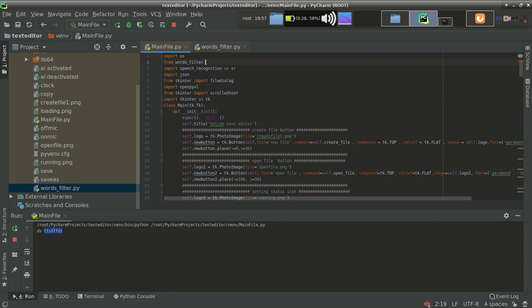From words filter, import. I don't know why it is not suggesting, but it should suggest words filter.